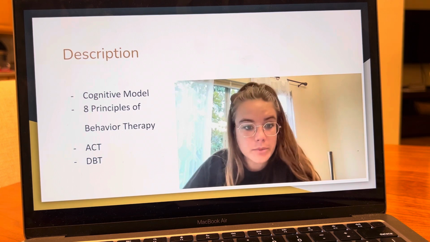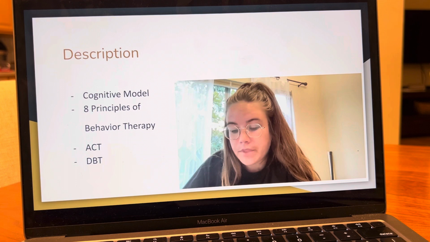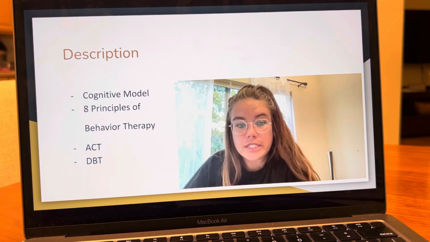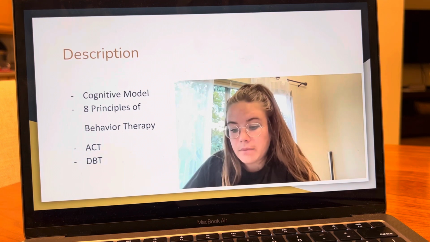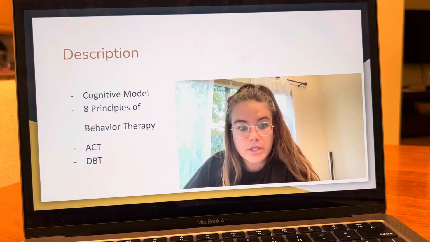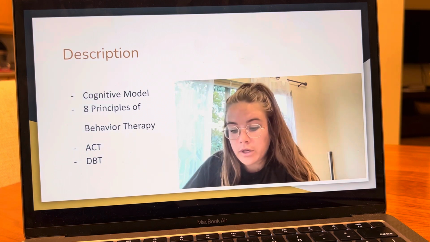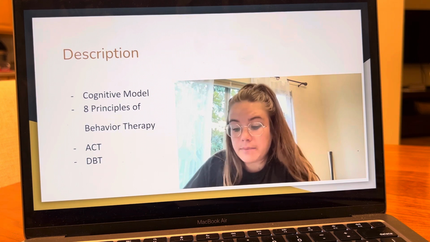There are 8 principles of behavior therapy. 1, behavior is strengthened or weakened by its consequence. 2, behaviors that are rewarded increase, those that are punished decrease. 3, behavioral approach is functional rather than structural. 4, neutral stimuli can take on the properties of the environment in which they are presented and be conditioned to